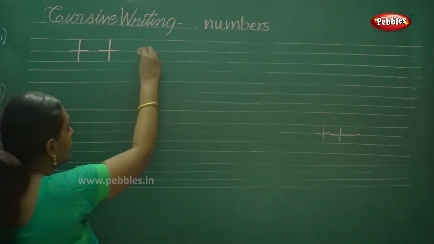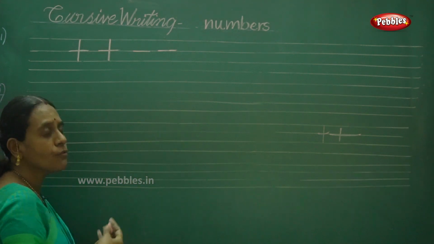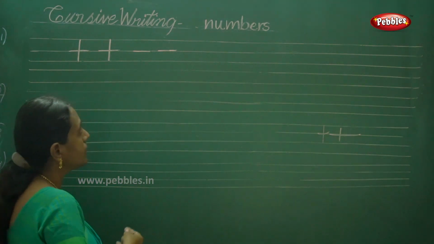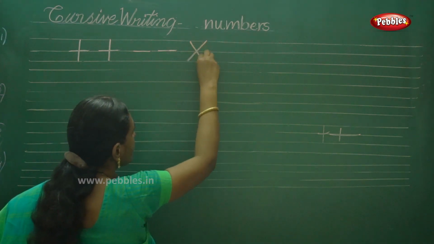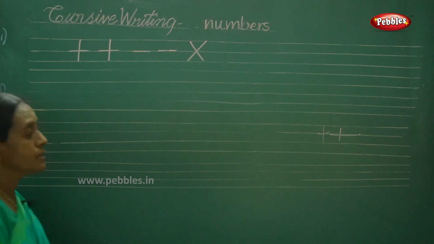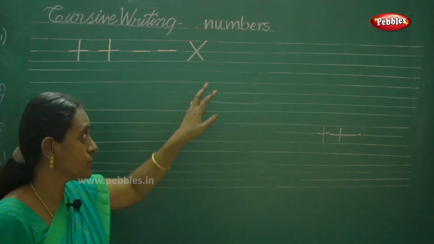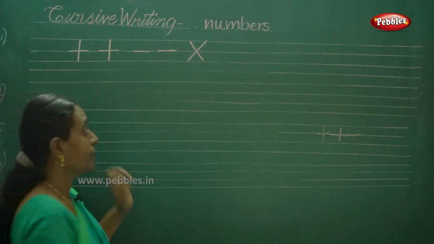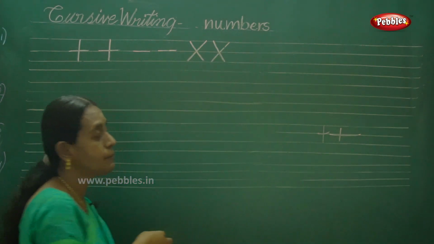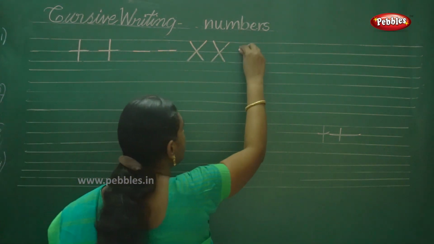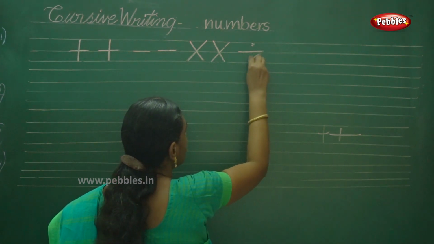And then the minus, subtraction. There is no problem in writing this one. This is very easy. Then the multiplication sign, similar to that, equal in size. Some children may confuse the addition and multiplication sign. Don't confuse this one with that. Okay, so the multiplication sign and the division sign: steeping line and dot.